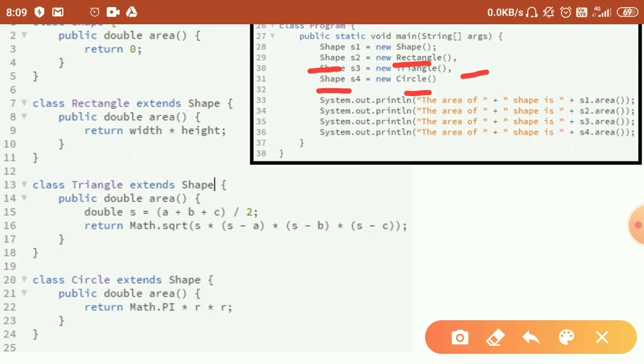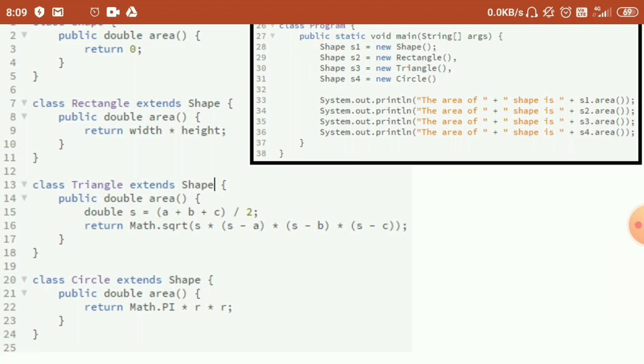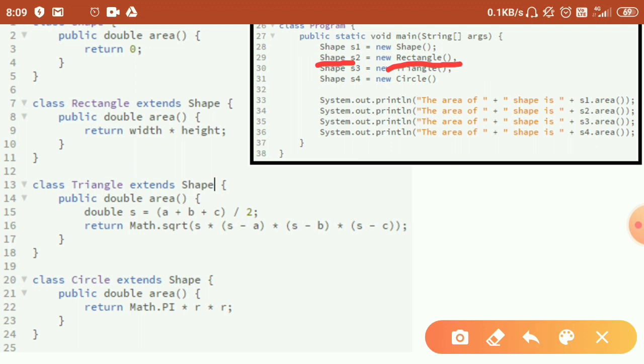If there was no inheritance, it would always have been the same. If we have shape here, then shape must be here. But in this case, since we are using inheritance, we can assign the child class object to the parent class.